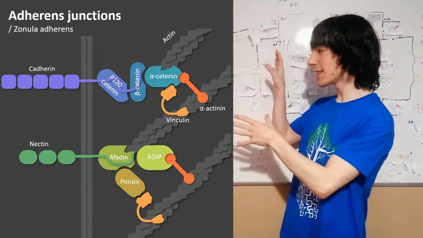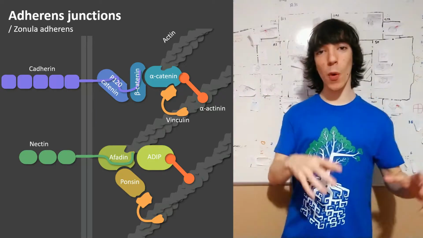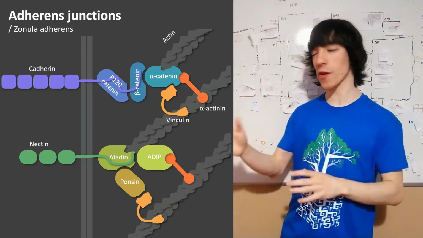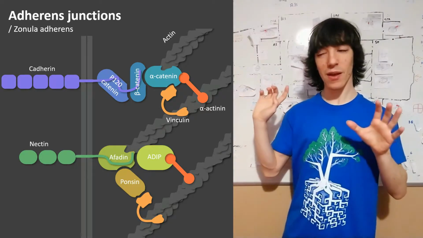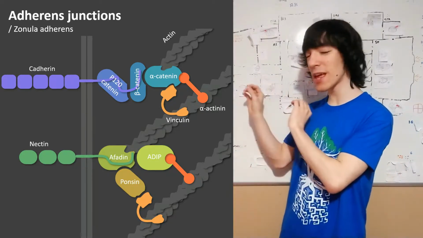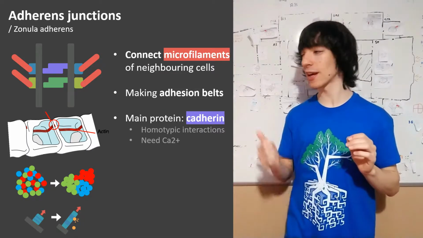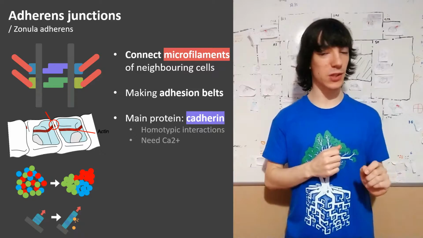By the way, this is a picture of what the proteins in an adherence junction look like all together, interacting with one another and with the microfilaments. We will talk about it in detail and about the names of each of those proteins later on. For now, I want to mention the fact that cadherins have another special function.